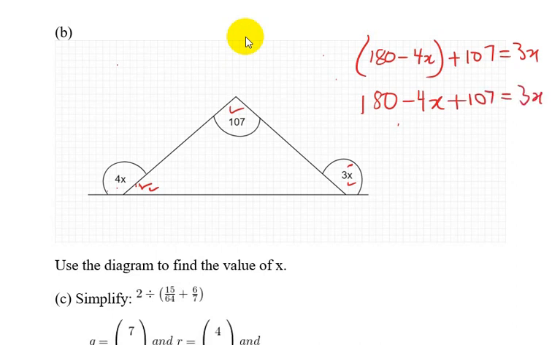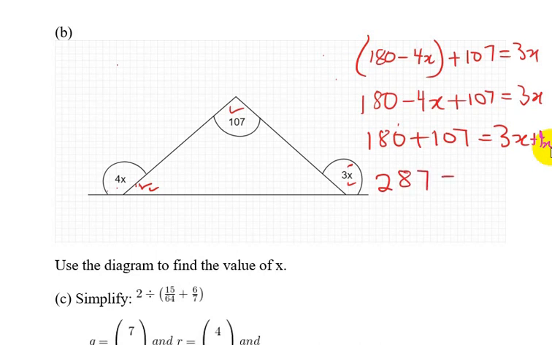Then we find the value of x. We get 180 plus 107 equal to 3x plus 4x. Then 107 plus 180 gives us 287, equal to 7x. So divide here by 7 and also here by 7. So we get x equal to